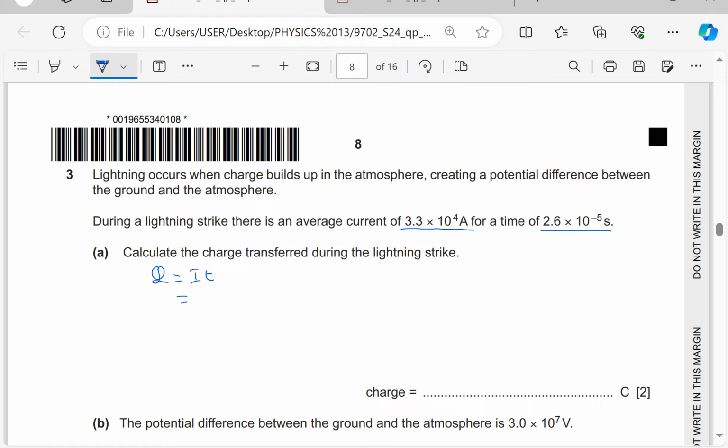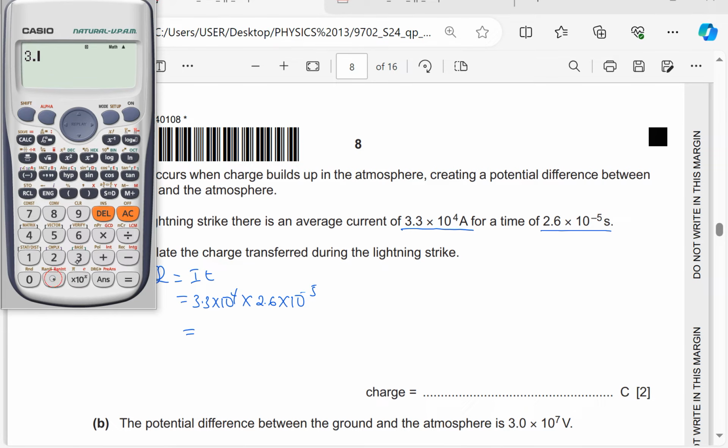So we just substitute. I is 3.3 times 10 to the power of 4. The time is given as 2.6 times 10 to the power of minus 5. So I'll just press my calculator: 3.3 exponent 4 times 2.6 exponent minus 5. So this is giving me